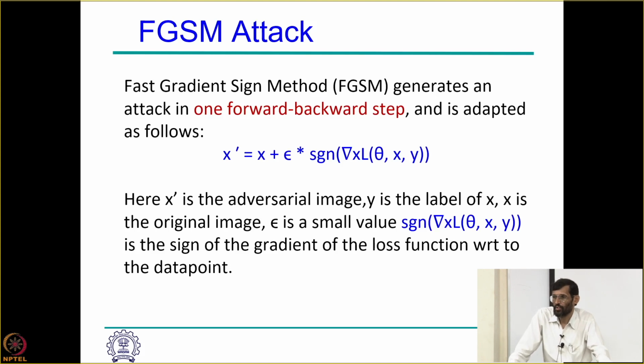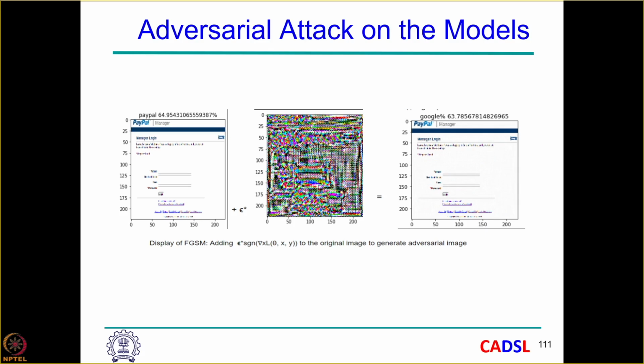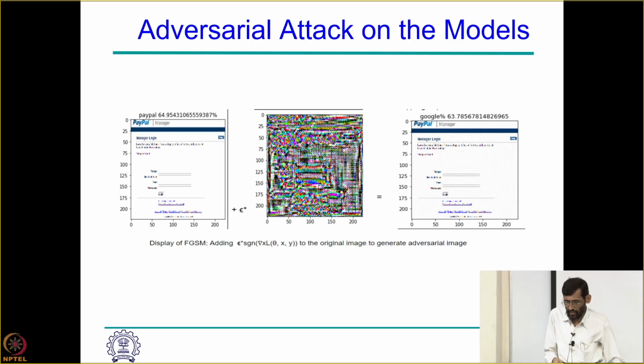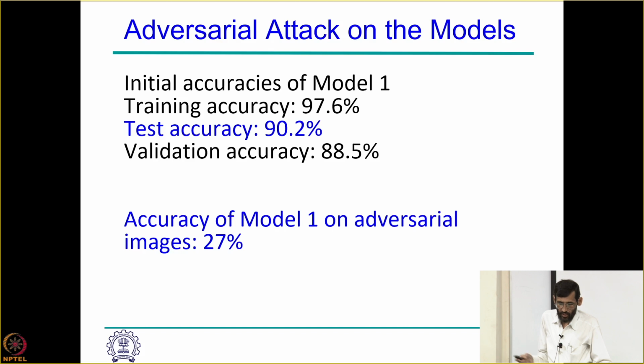As you know, we were using the gradient descent method. Now, it wants to add as much noise as it can, so that it can take you to the boundary from where it starts to make the wrong classification. Like say this PayPal image. The first image was PayPal, and then by applying this adversarial learning, it started to classify that as Google. So in the adversarial attack, the accuracy that was 90% earlier on ResNet has gone down to 27%